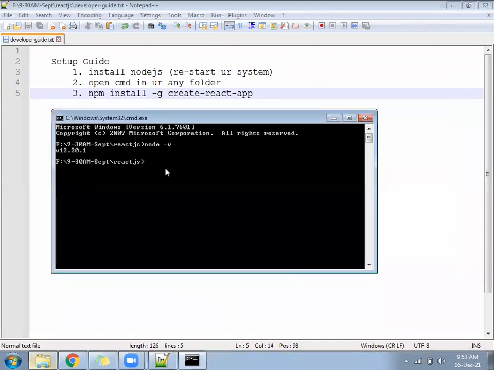Type in your CMD: npm install -g create-react-app. Create React app. Run that, enter.